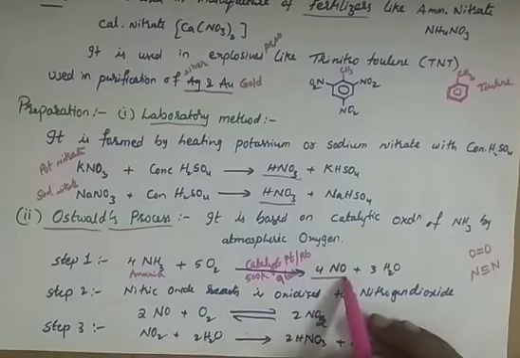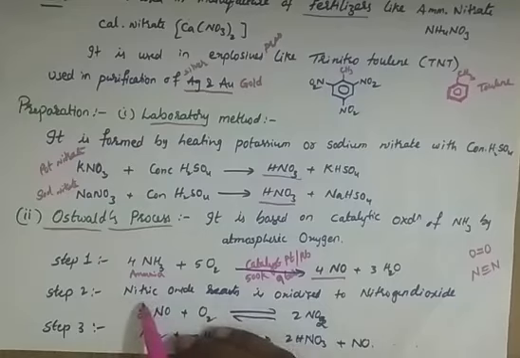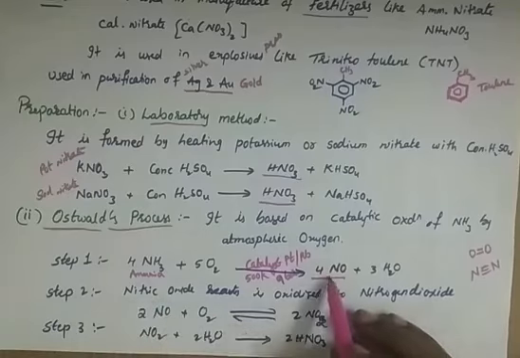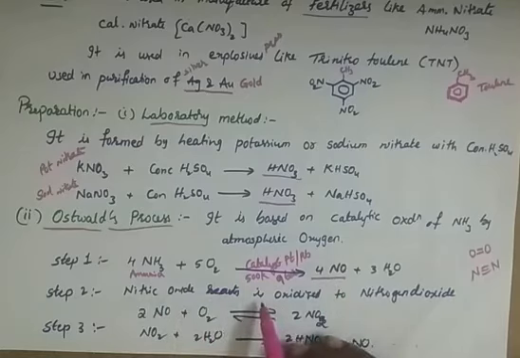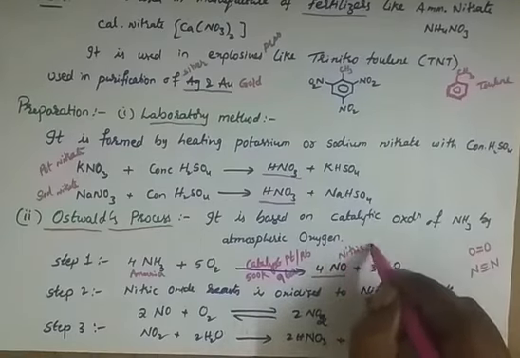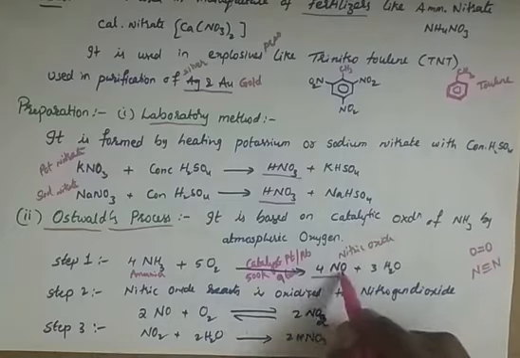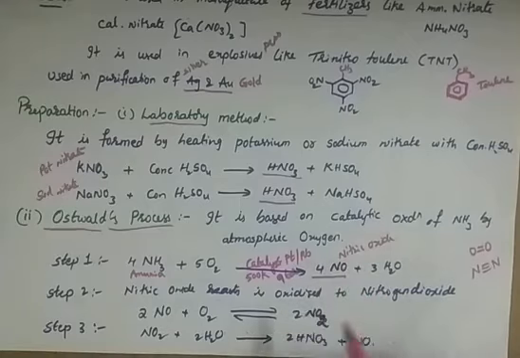So they produce this NO, which is used in the second step. See here, this is nitric oxide. Nitric oxide reacts with oxygen, O2, to form nitrogen dioxide, NO2. If you have any doubt, you can call it nitrogen monoxide or nitric oxide. So NO is converting into NO2, right?